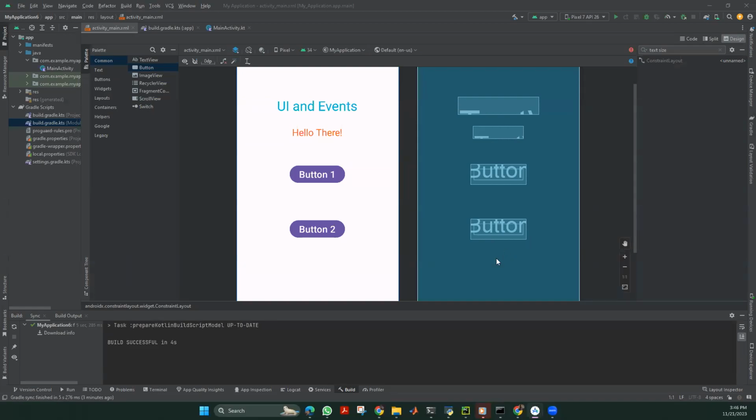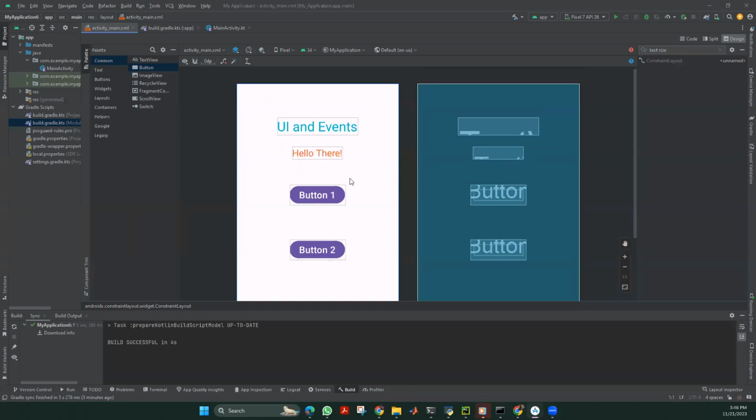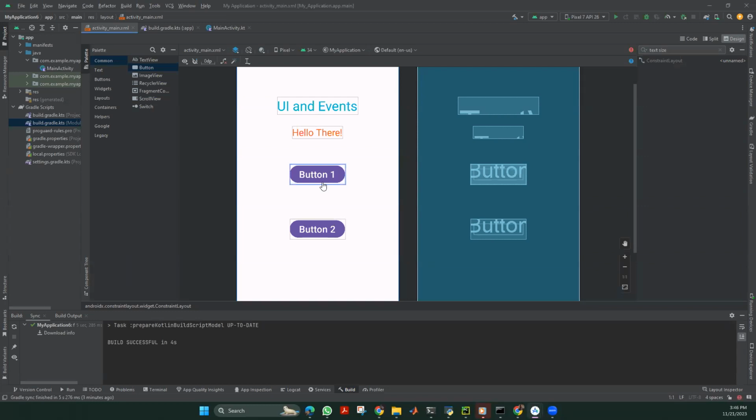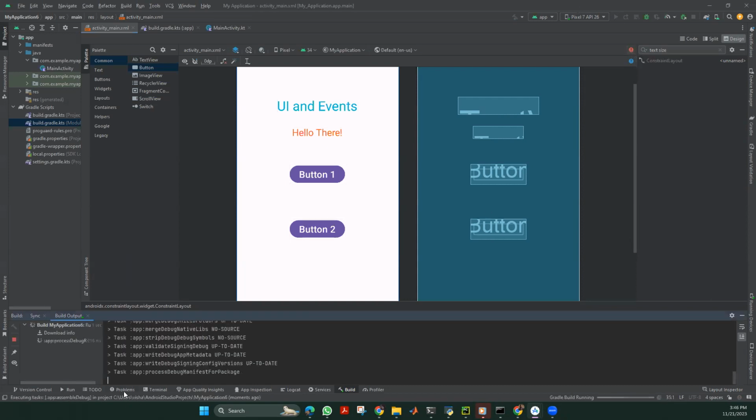So when there's the buttons placed like this, you have to first run this code first before adding the background images. You have to first run this code before, because if there are some errors, we need to resolve those things. So since there's a red mark in here, it shows that there's some kind of an issue. So we have to run this and see whether there are some errors in this